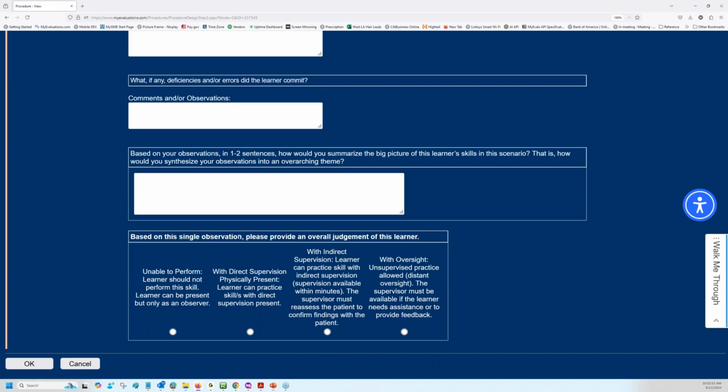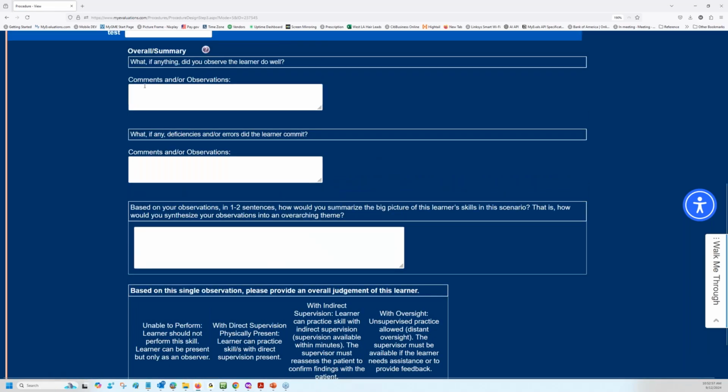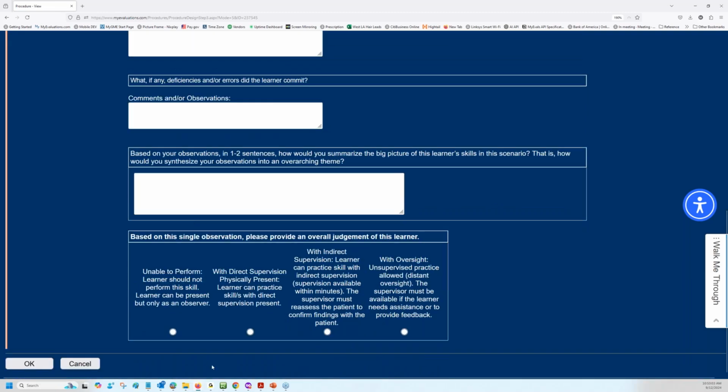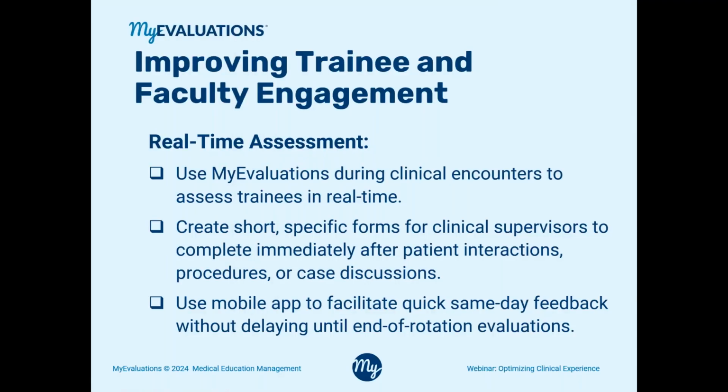So you are not only getting very simple questions that they can answer by clicking on the microphone on the phone and answering these questions, and it will directly dictate it for them, but it's only one single numerical based score that's also being tracked in the system. So the other docs have a very similar format. I just wanted you to be familiar with this idea of how to use MyEvaluations for clinical encounters to assess